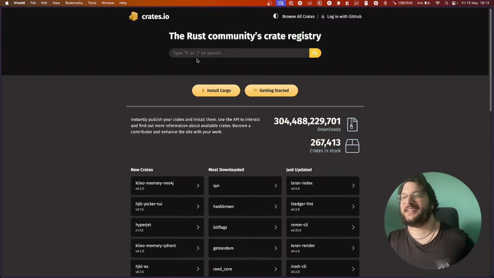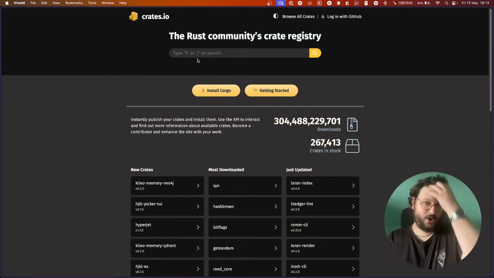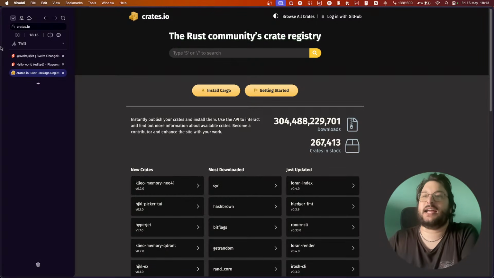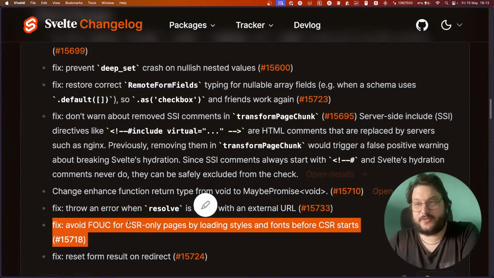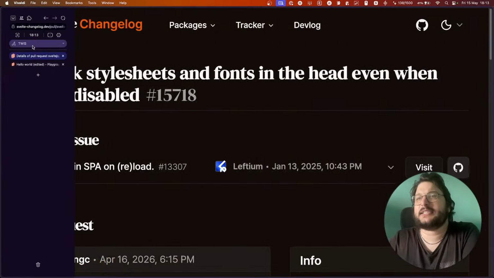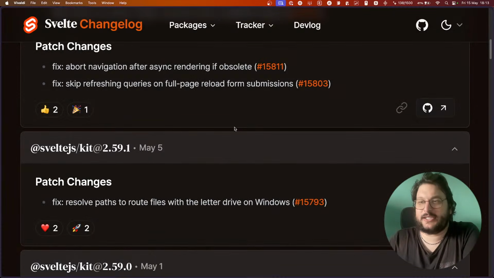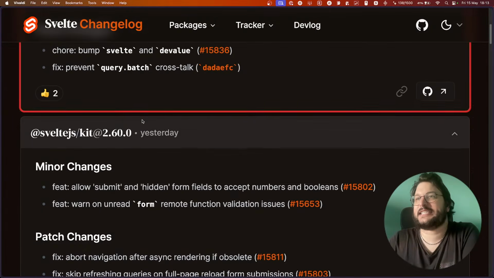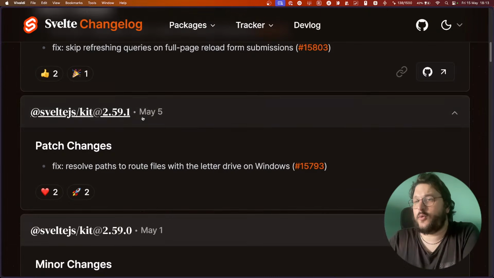So they had this bug, and I know the maintainer, and he said, hey, is this normal in Svelte? And I said, well, probably no. And it's actually fixed.